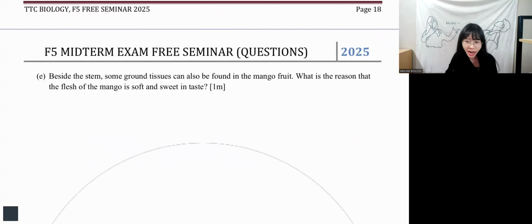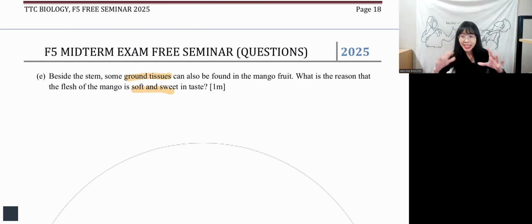Besides the stem, some ground tissue can also be found in the mango fruit. What is the reason that the flesh of mango is soft and sweet in taste? Over here, you still have to refer back to the ground tissue. Ground tissue, we have three: parenchyma, collenchyma, and sclerenchyma. Which one do you think is the most suitable answer to be written in this question? Of course, it's parenchyma. Why parenchyma? Because parenchyma has a thin cell wall and